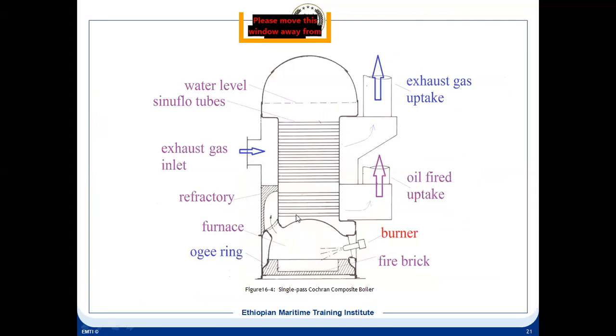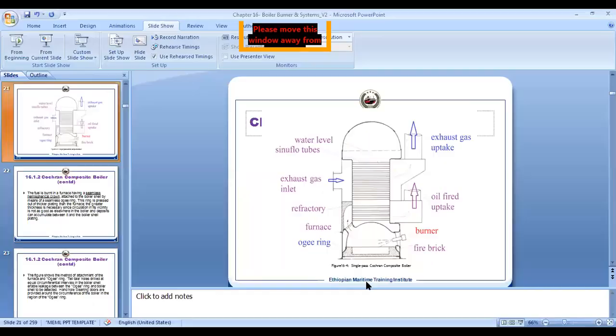Due to its design, here you will not require any stays or columns. If you put a stay or a column here and you fire the boiler, after some time the stay or the column will get burnt off completely due to the boiler flame. So basically the inside of the furnace has to be completely clear. That's why you have a hemispherical crown, so that all the weight of the water column above it gets transferred to the side shell of the boiler through this OG ring. This is the OG ring which we have been talking about all this while.